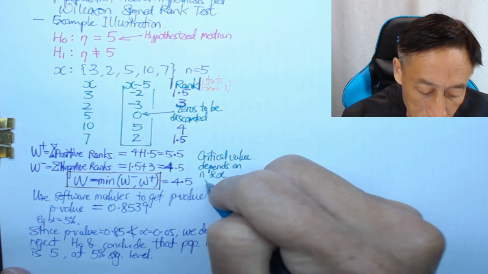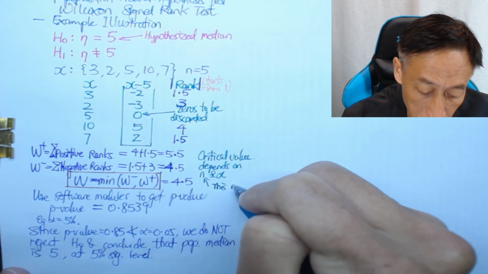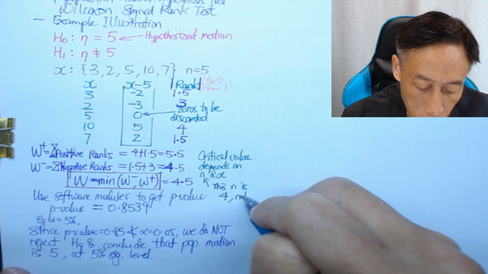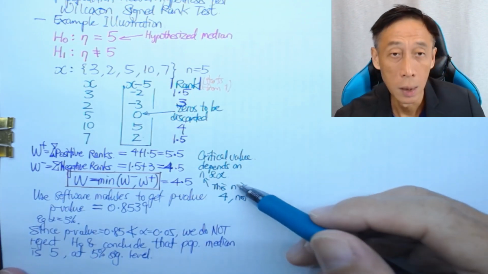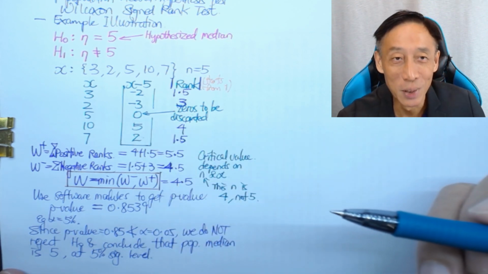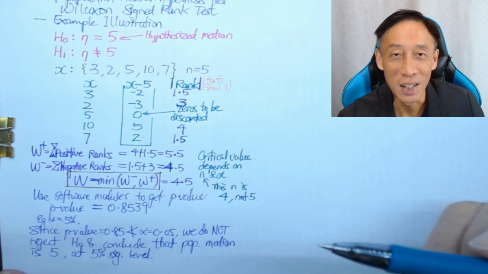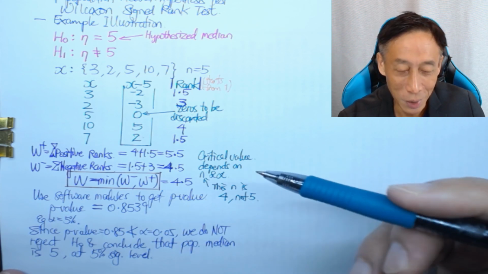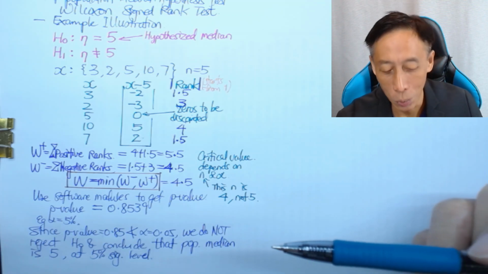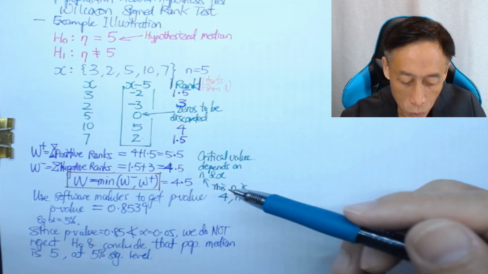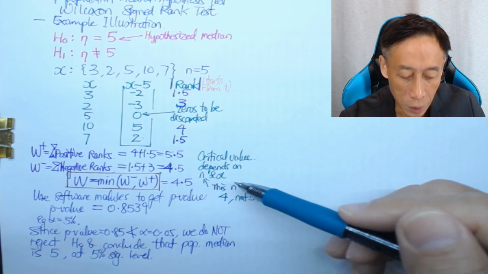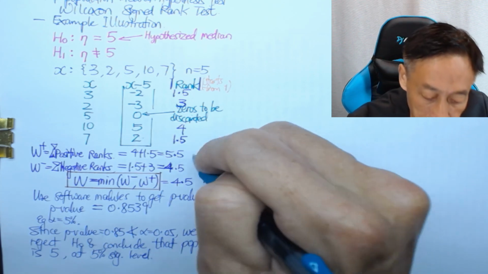So this n is 4 here, not 5, because to the distribution table, they didn't see the 0. The 0 does not affect or change the calculation of the test statistic. That's why it is important to discard them and adjust accordingly when you look up the table. Because that's number 1. Number 2,